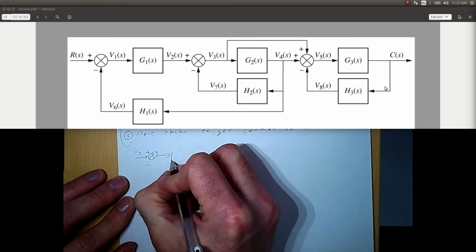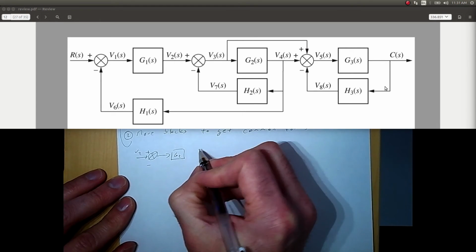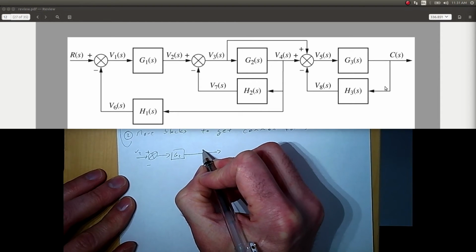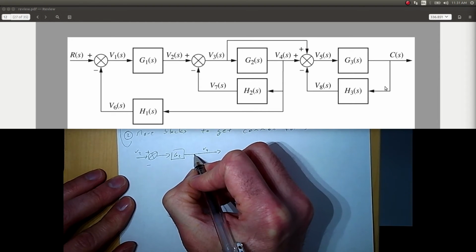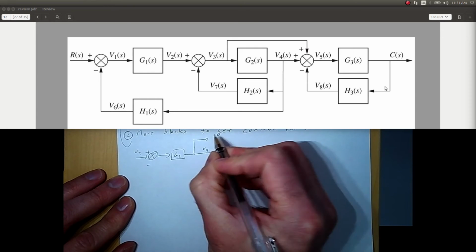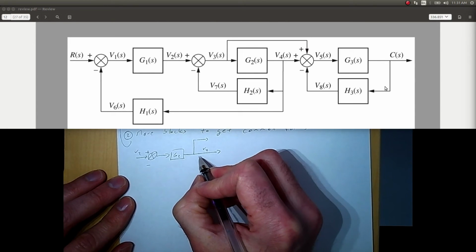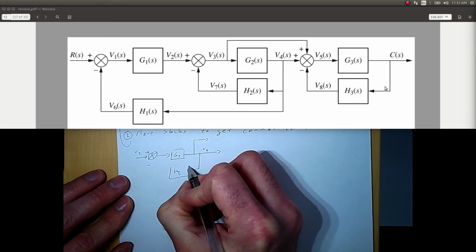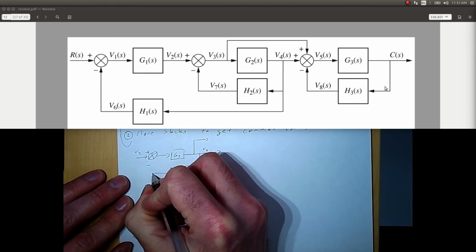So then we had G2, and then this is V4. So V4 is fed back through H2,